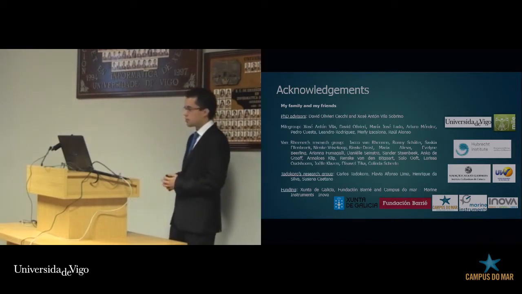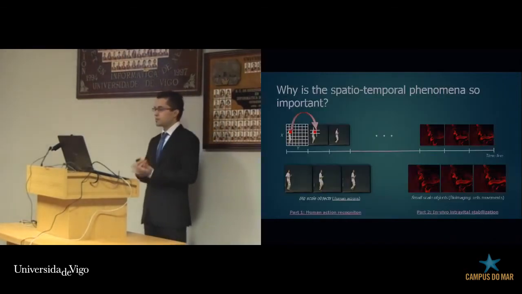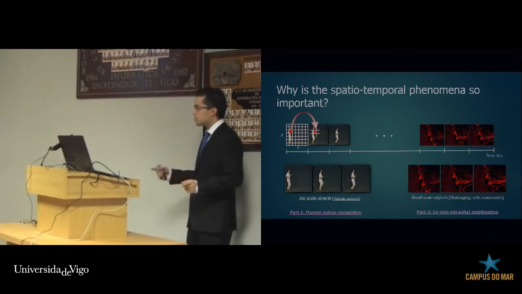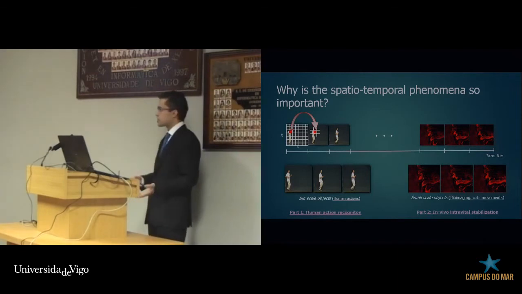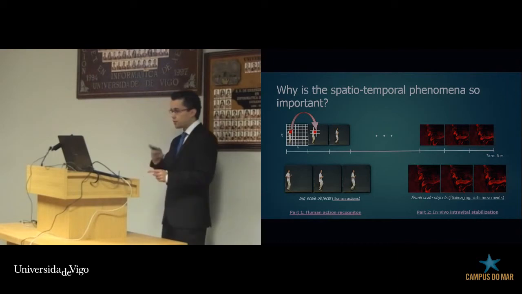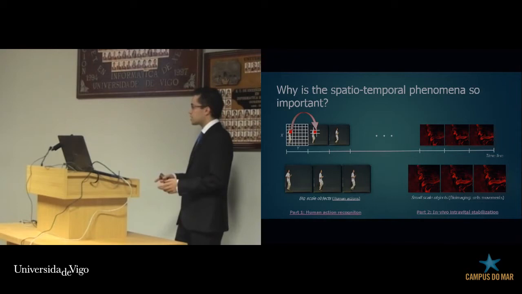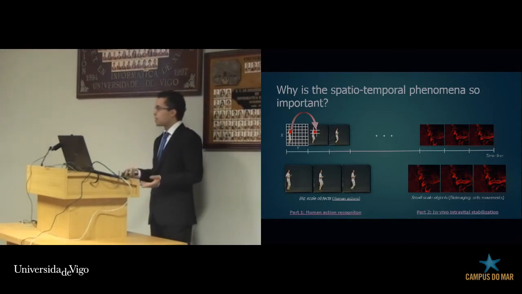I would like to answer all the questions that you could have. So the question here is, why is spatio-temporal phenomena so important? Because in image sequences, because a video is an image sequence, you have all the information included in those pixels. You have the spatial information, because you have a distribution of pixels in your images, and you have the temporal information, because these pixels are related with the pixels in the next frame. So this is the temporal information.